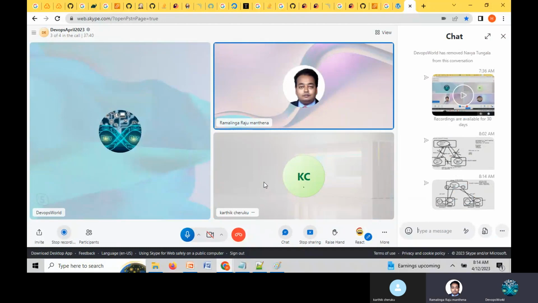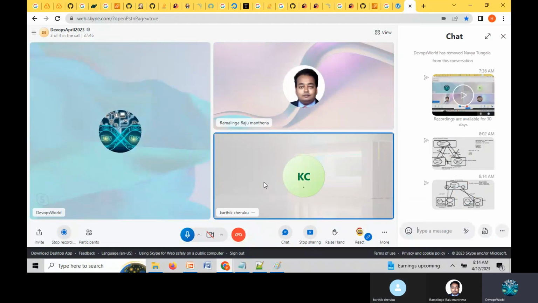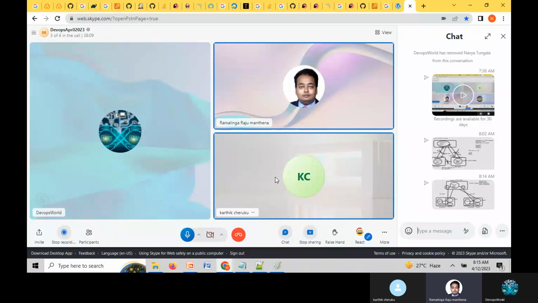Everything, don't worry. Not only merge, not only branch creation, each and every concept available in Git you will be able to do practically. From today onwards, all are practicals only. All theory sessions are gone. Everything will be practical from tomorrow onwards, because I want to show you the installation process and explain the process. Got it, Karthik? Okay.